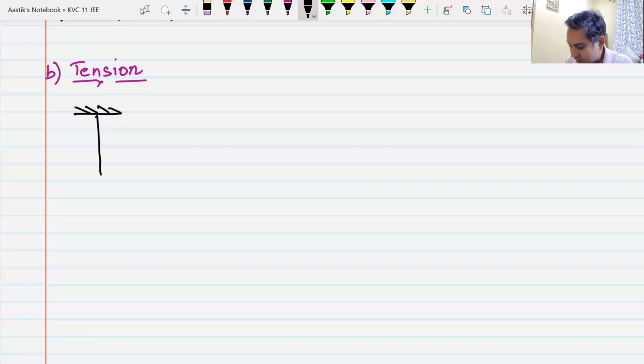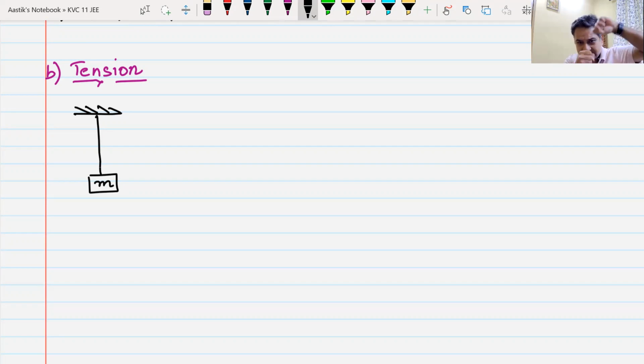Whenever you have a block attached to a string, when I say string, string is nothing but a thread, a wire, a very thin wire, rope, all these things are known as strings. So whenever a block is attached to a string or a wire,